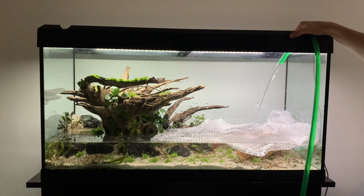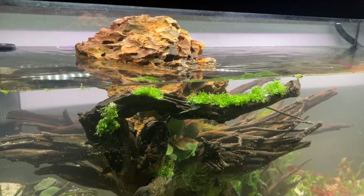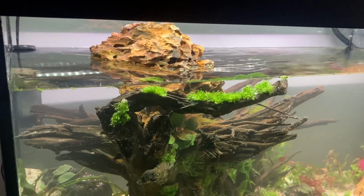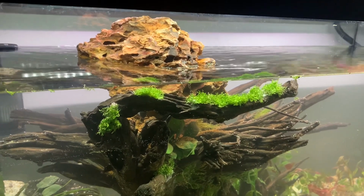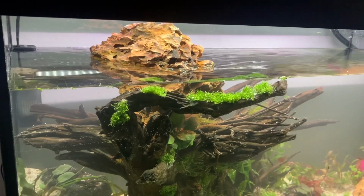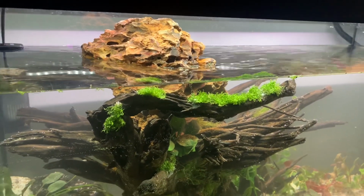So, as expected, disaster struck when we started filling the tank halfway up. The wood started floating. Now, normally I would put the wood in a bucket and let it sort of soak for a while, but we bought all the hardscape and stuff there and then, and we wanted to build the tank today. So, unfortunately, that's the end of the video for now, but stay tuned for updates,